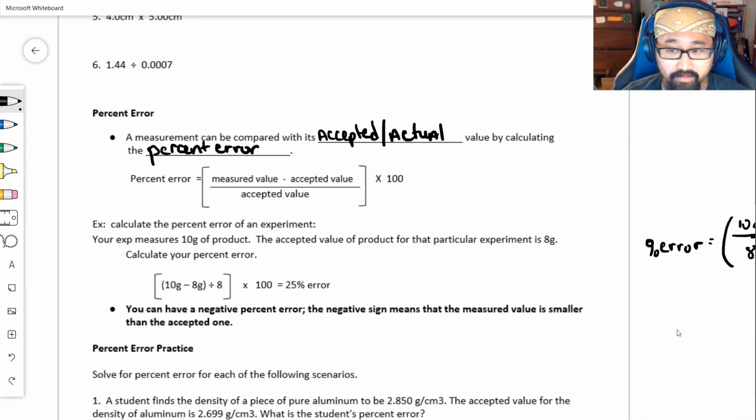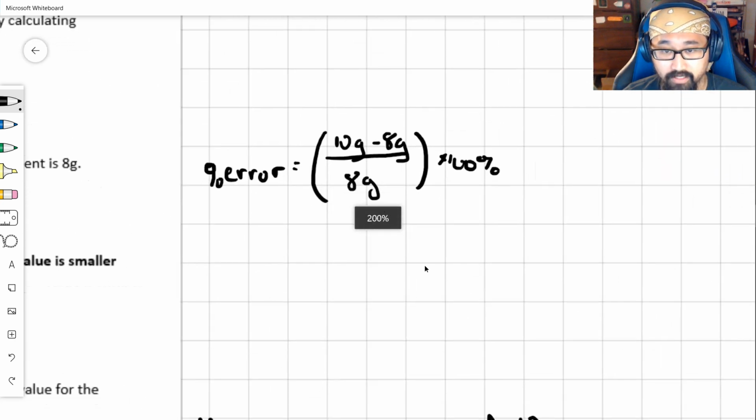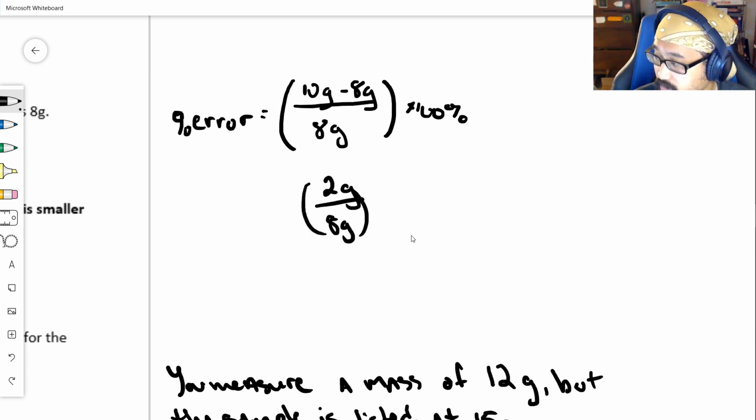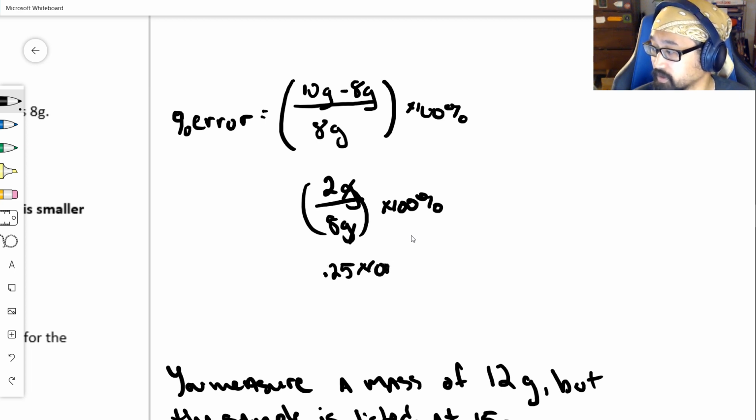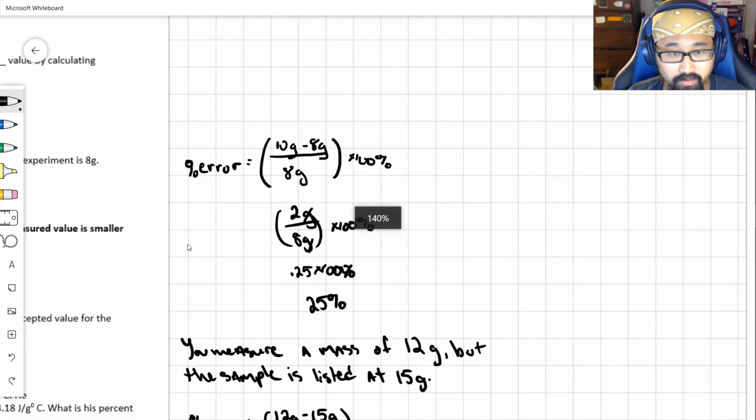This here is right. I just want to show you what this is going to look like. So when you do this percent error, one thing to make sure of is that you do that subtraction up top first. Then remember that these are going to cancel because they're the same unit. So this is 0.25 times 100%, which means that we have 25% error, which is precisely the same thing that